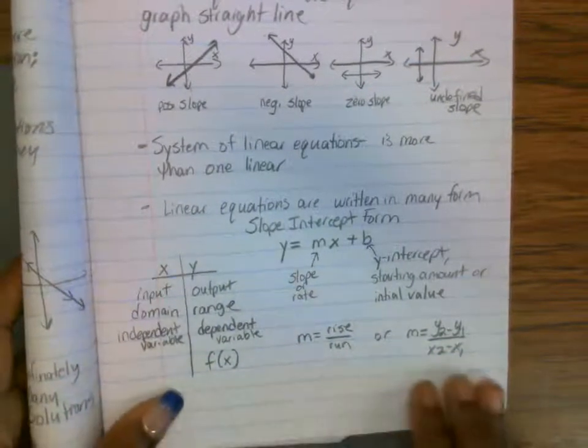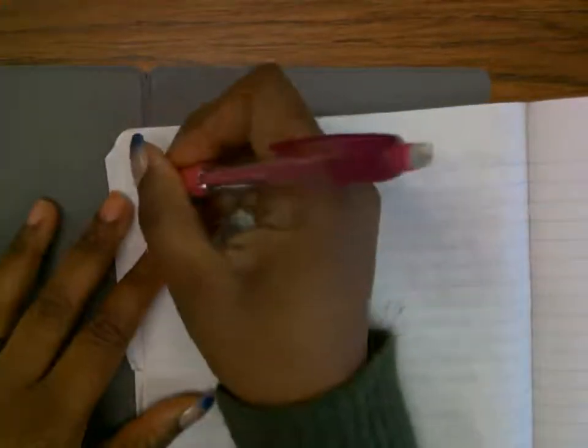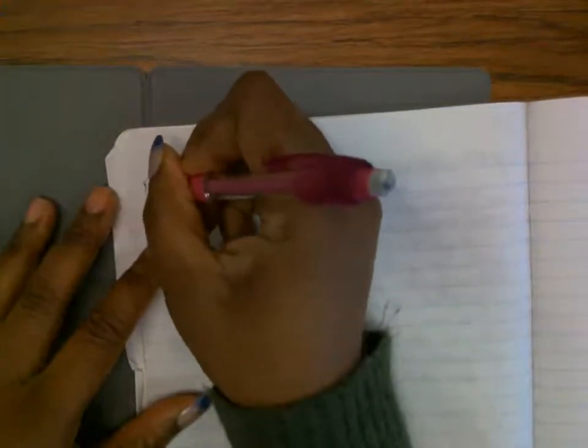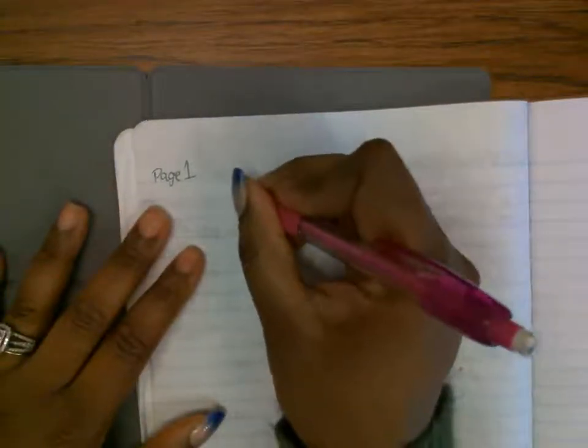I don't have enough space to write the steps. Okay, so I'm going to move to another page. And this is still going to be page 1 because this is the same concept. So I'm still going to write page 1 here so that when I take my pictures, I know that all of this goes together, okay? So now we're going to write steps